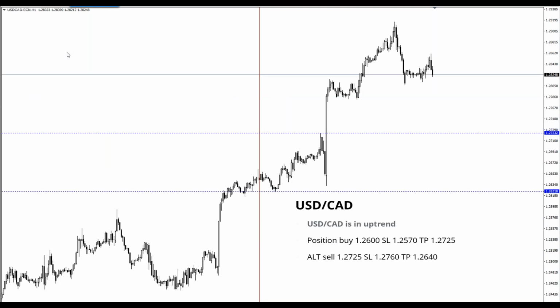Well, it's not my favorite pair, but of course it's one of the pairs that I prefer to trade. Dollar CAD positional buy 26.00, stop 25.70, TP 27.25, alternative sell 27.25, stop 27.60, TP 26.40. Dollar CAD, another good setup on dollar CAD. I hope that you caught this setup, because you see the price didn't actually